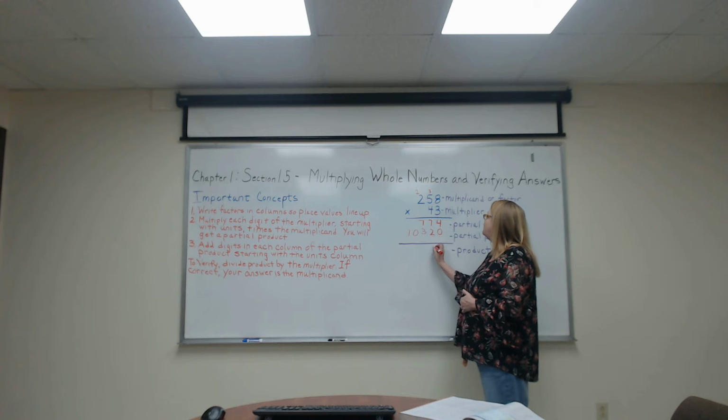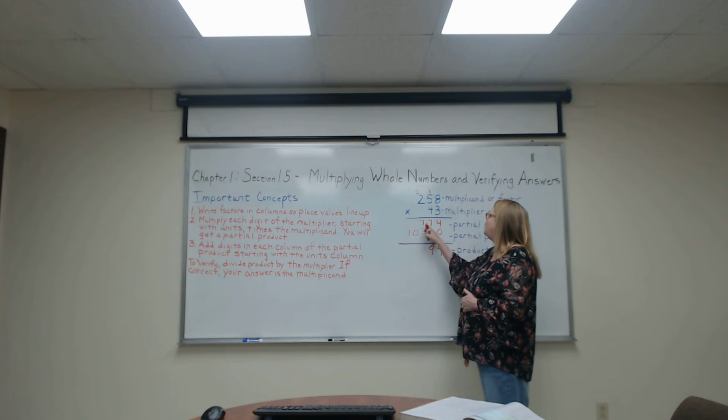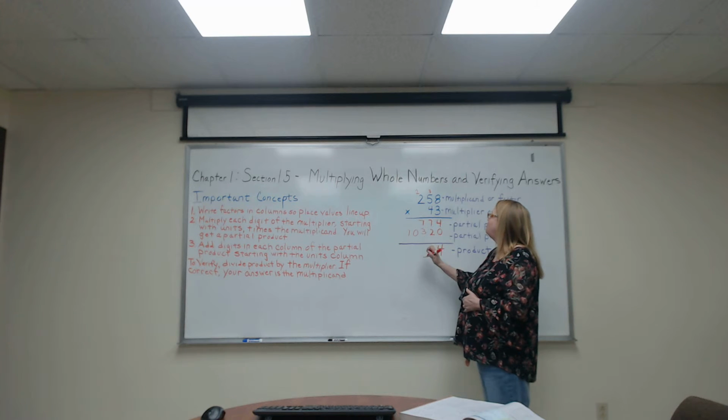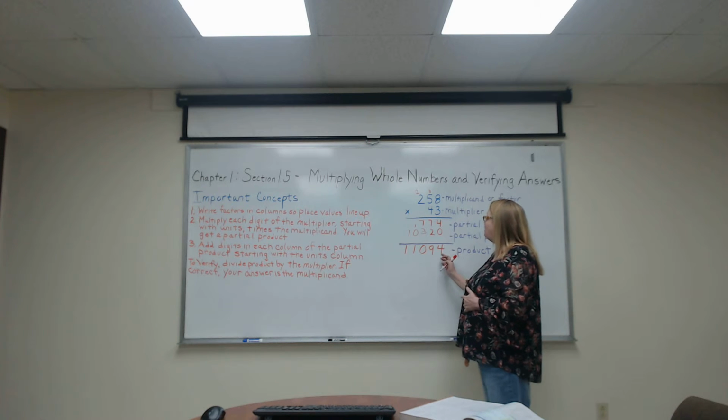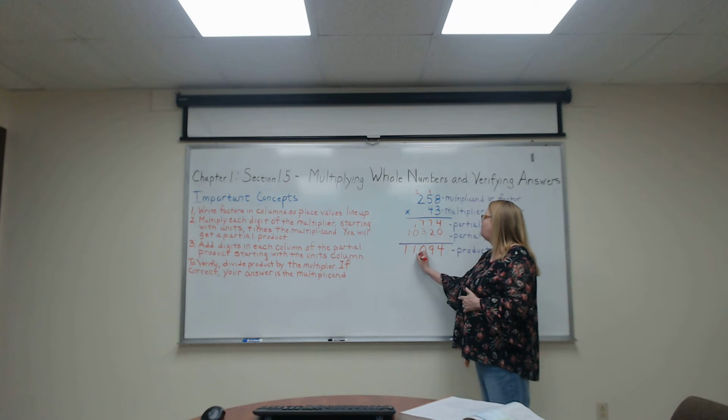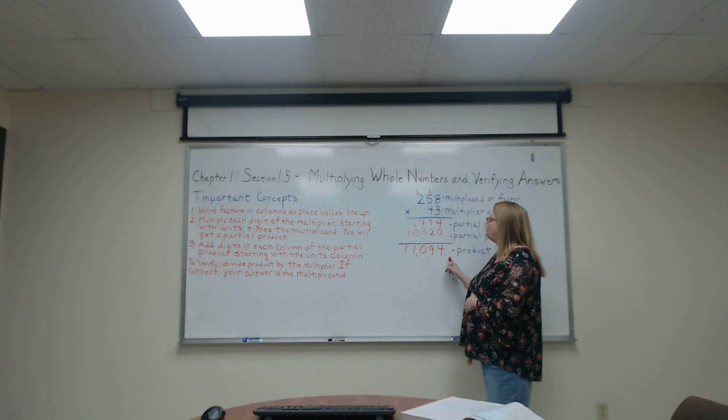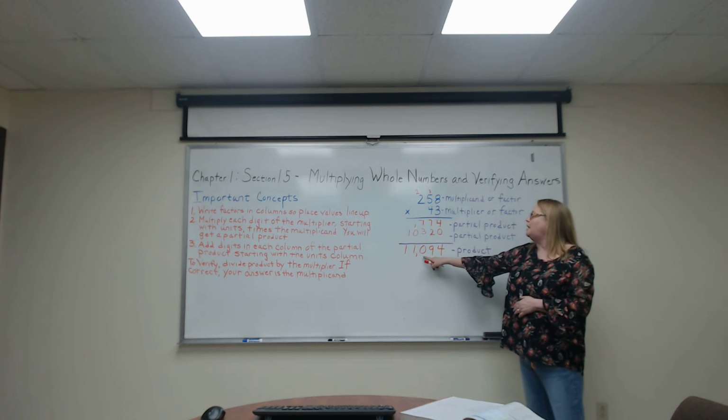7 plus 2 is 9. We get 7 plus 3 is 10. Now we have to remember to carry. 0 plus 1 is 1, and then we have nothing more to add here. So we have a 1, and again, we need to make sure that we count over, insert our comma. So our product for this problem is